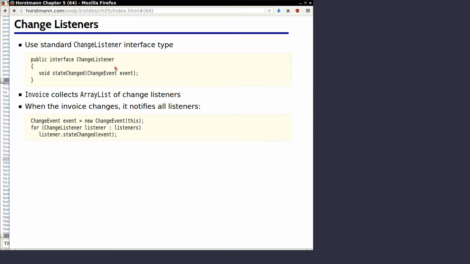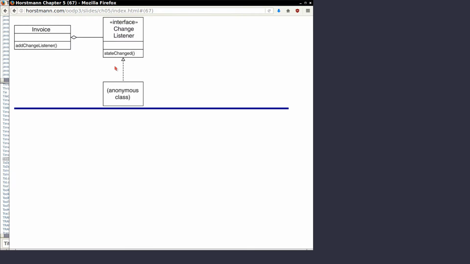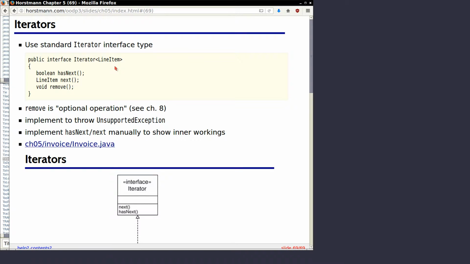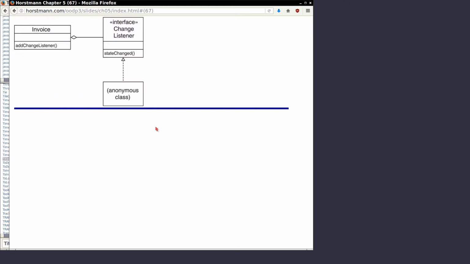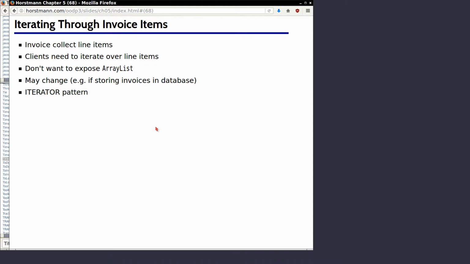So there also needs to be a method to add listeners. Let's see where I find that. No, I don't have the code here. But when you go through the code, you'll see there is a method to add listeners. It simply tosses it into this list of listeners. You could have a method that removes listeners. I don't think I have that, but it would be cheap thrill. You would just remove it. So in the end, and I'm not going to cover that today, it talks about how to iterate through the invoice. And